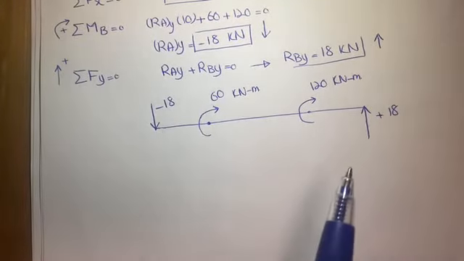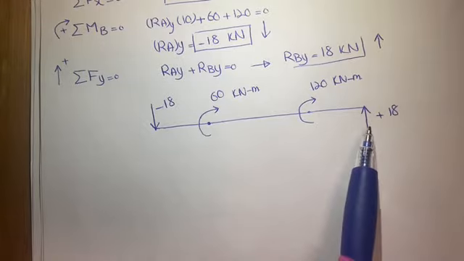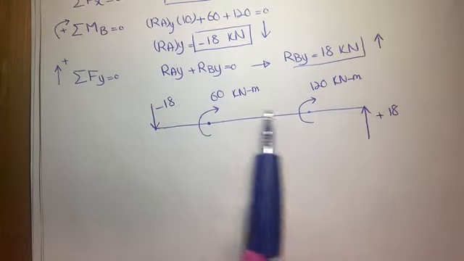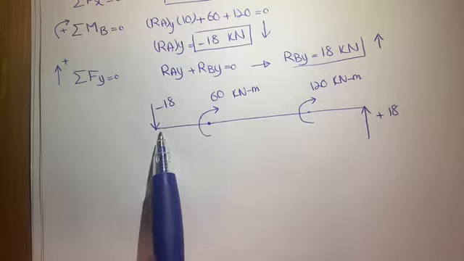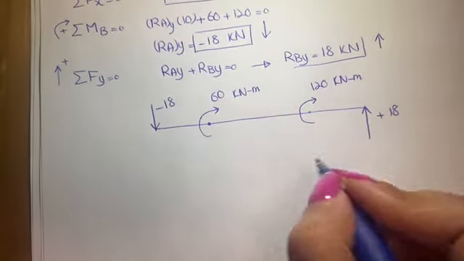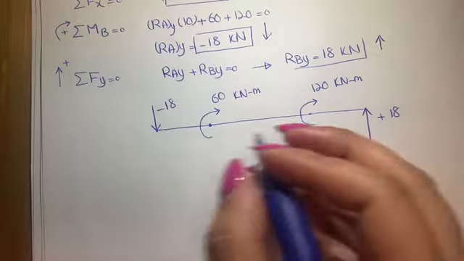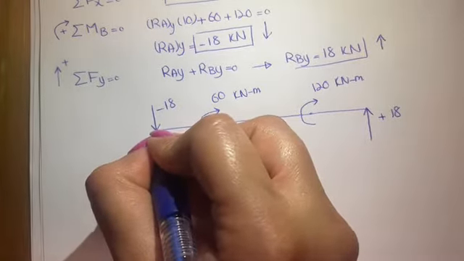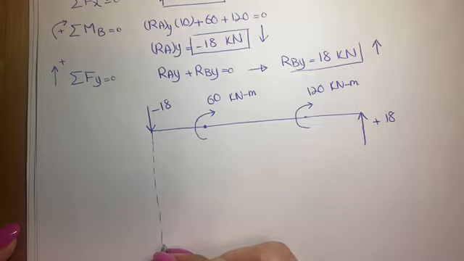So based on the sign convention, you can see that the shear of this beam is uniform and it is negative because it is going to make a sad face of the beam. So the shear force here